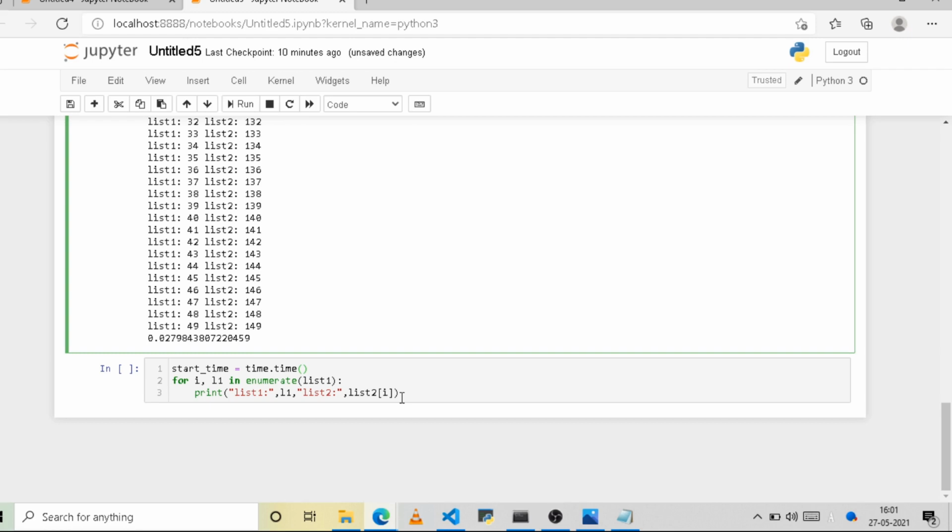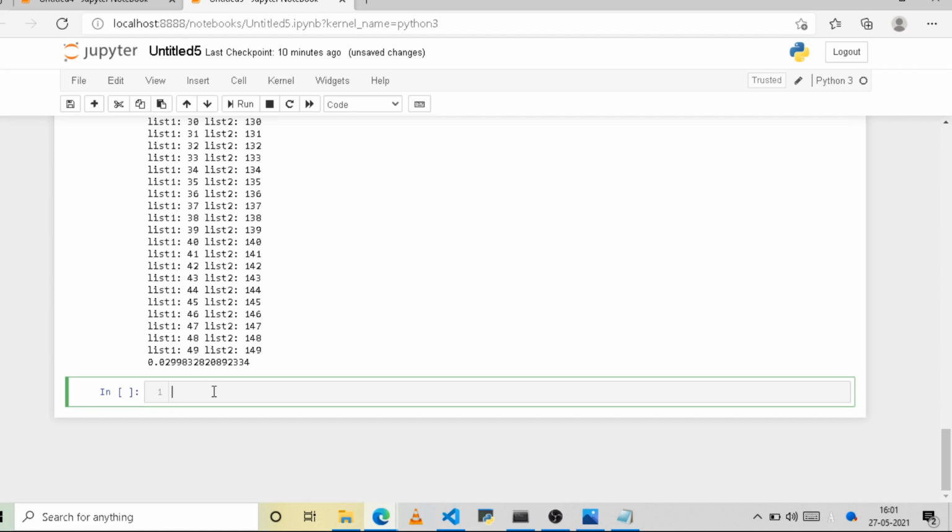Now method 4. In method 4 we are going to discuss our very old method, looping through the for loop using a counter variable.